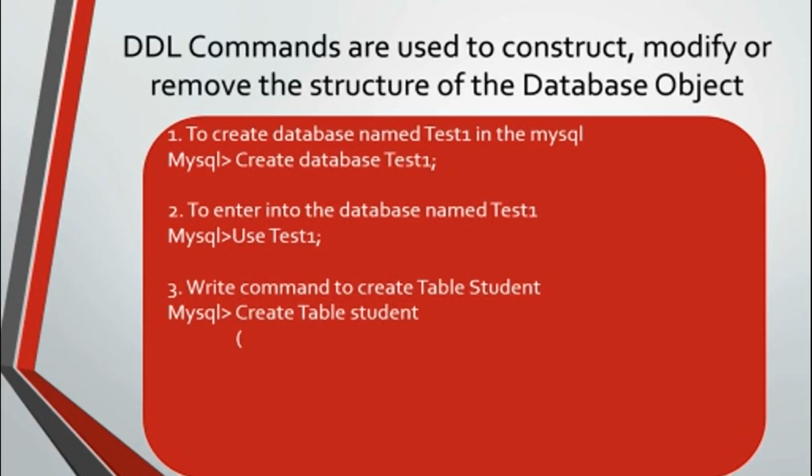Okay, so you will write in the first line create table student, then you will put the parenthesis. After that you will write the name of the field and then the data type. Okay, then you will put the comma. After that you will write the next field and its data type, then put the comma. After that the next field, and it is the last field, so there is no need to put the comma, and at last you will close the parenthesis and put the semicolon. So this is the command to create the table student.